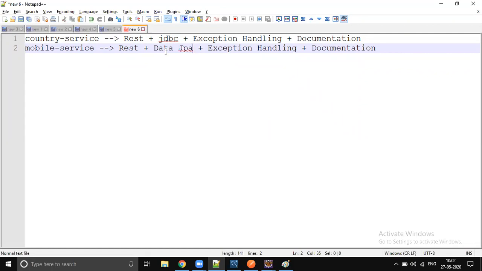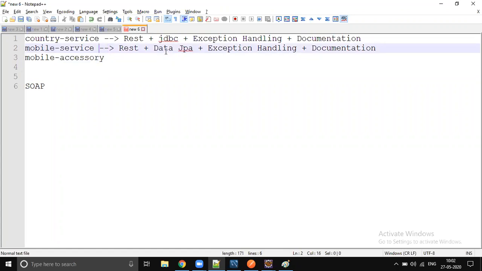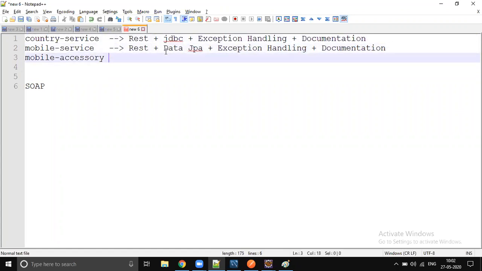From tomorrow, there is one thing which is not part of our microservices. I will show one example for SOAP, but we are not going to use it because our focus is more on reactive programming. So we will implement one more microservice called mobile accessory. Here it is also REST only, but it is a reactive program.